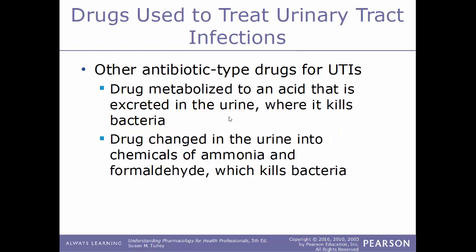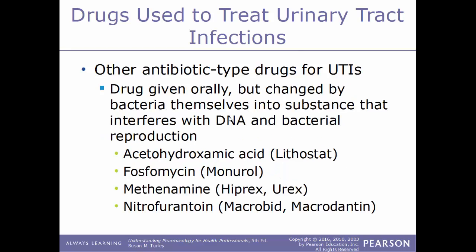Some other antibiotic type drugs are used for UTIs. One is metabolized to an acid that is excreted into the urine, where it kills the bacteria. Another is changed in the urine into chemicals of ammonia and formaldehyde, which end up killing the bacteria. Another is given orally, but changed by the bacteria themselves into a substance that interferes with the DNA